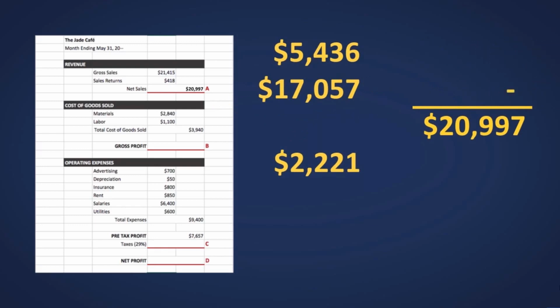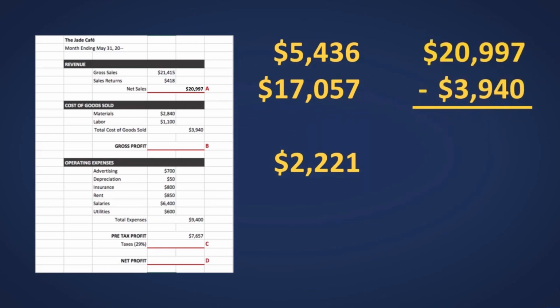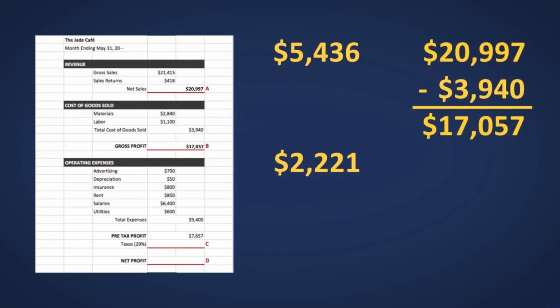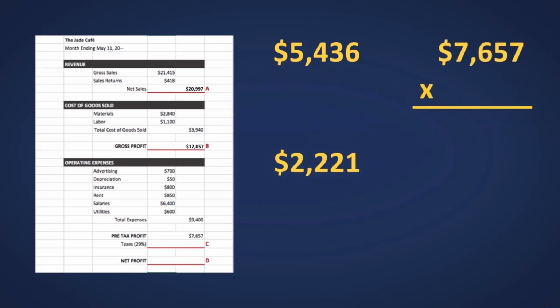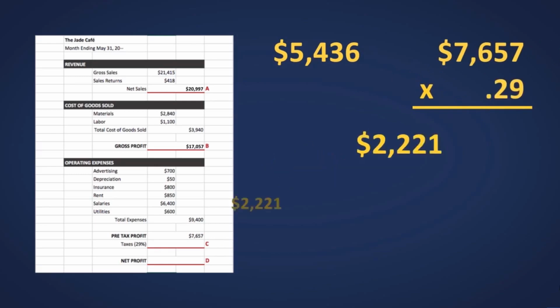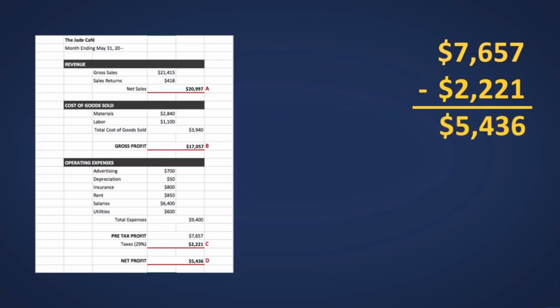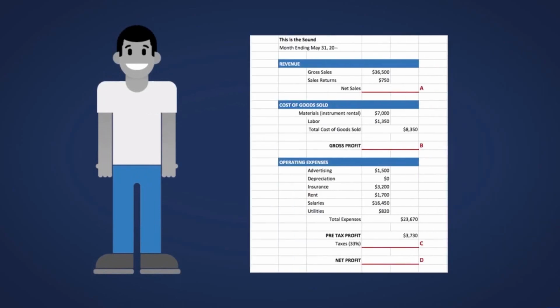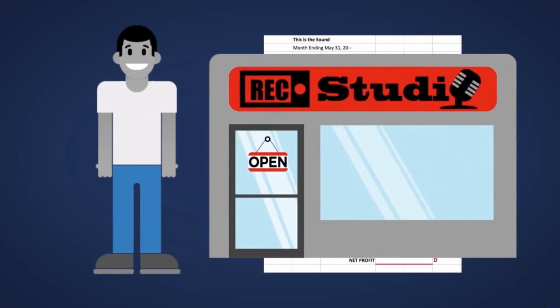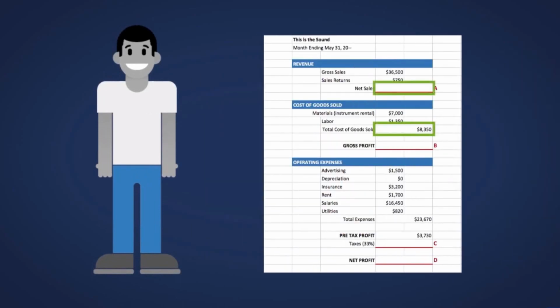$20,997. Subtract the total cost of goods sold from the net sales to get $17,057 in gross profit. Multiply 7,657 by 0.29 to calculate $2,221 in taxes. And finally, subtract the taxes from the pre-tax profit for a net profit of $5,436. Isaac is inspecting the income statement for his recording studio, analyzing his net sales, total cost of goods sold,